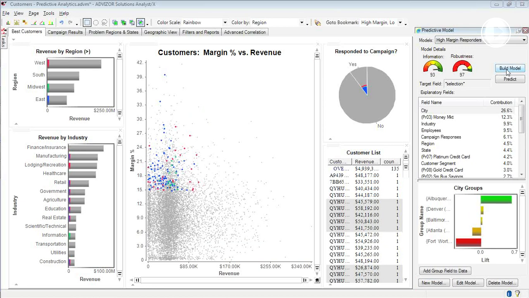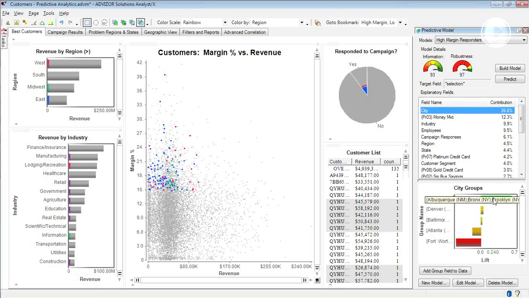It runs a test model behind the scenes to validate that the data is complete enough, and then it runs a full model and comes back with the results. Two little indicators. Is there enough information? Are there enough rows of data? Yes, there are. Are there enough dimensions to properly model this? Yes, there are. So the factors that came back with city explains 32.8% of this population, and it's Albuquerque and